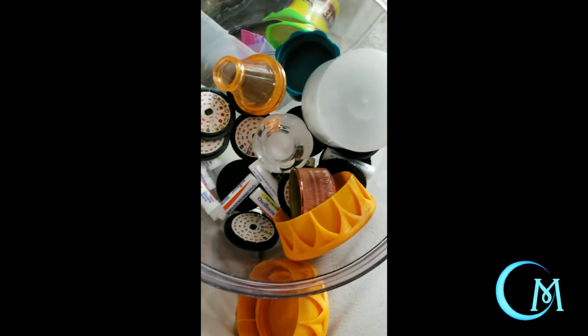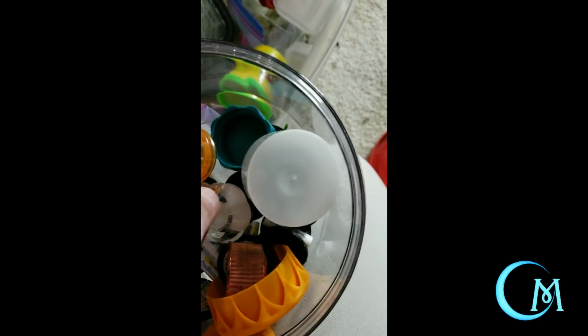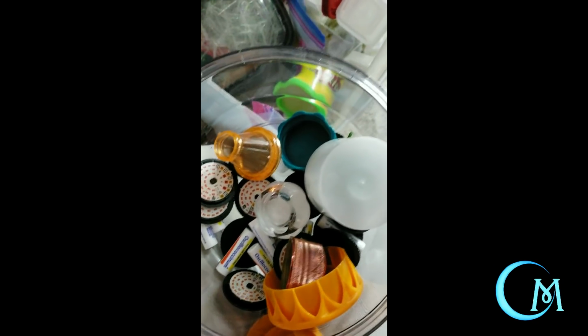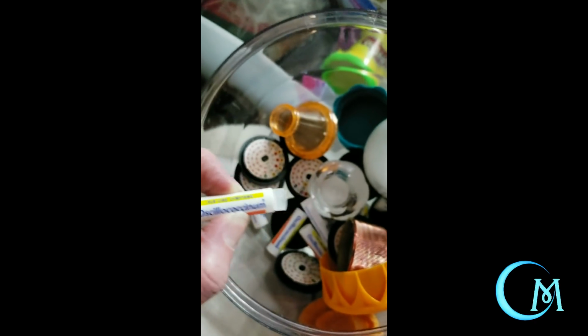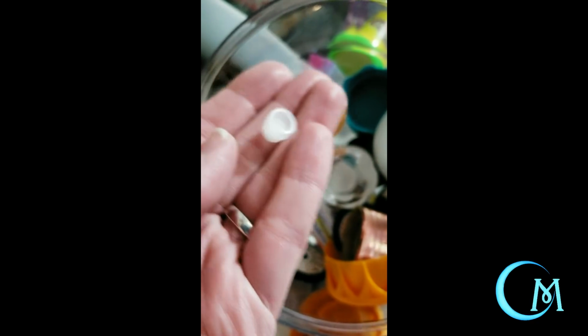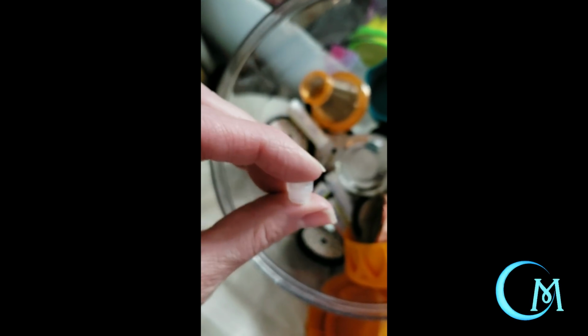Okay, now straight away I knew I did not have those little spools. However, I've been saving these little things. It's something you can take when you're sick. And they come with these great long tubes, which I'm actually going to be using later on for sort of like a Gaslands project. But the cap is this great little shape. So what I think I'm going to use is this cap instead of that little spool,